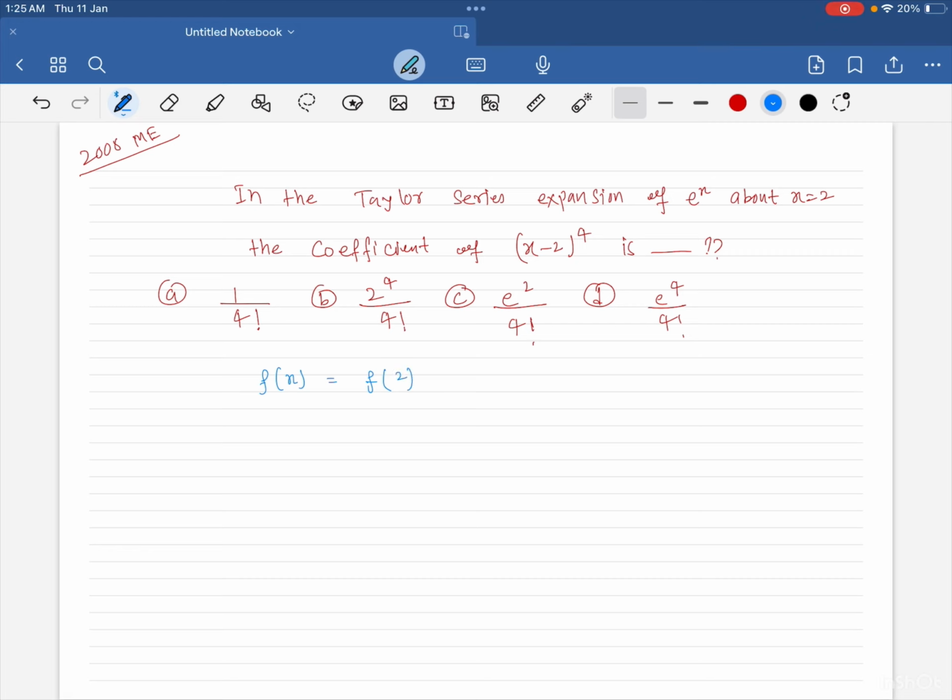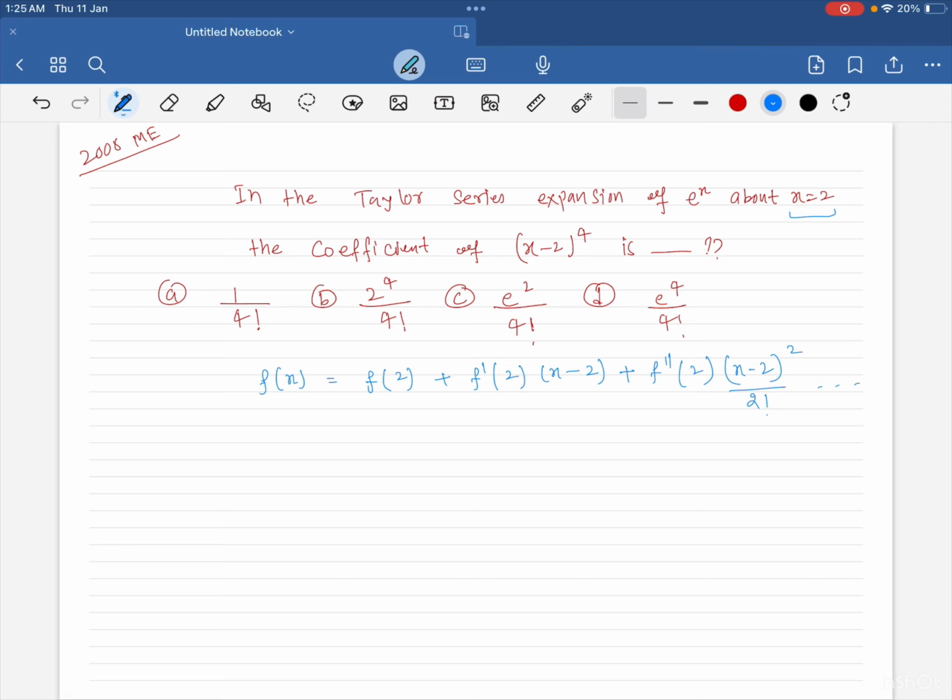Because we will have to see the expansion about x equals 2, plus f dash evaluated at 2 into x minus 2, right? Plus f double dash, the double derivative evaluated at 2, into x minus 2 square divided by 2 factorial